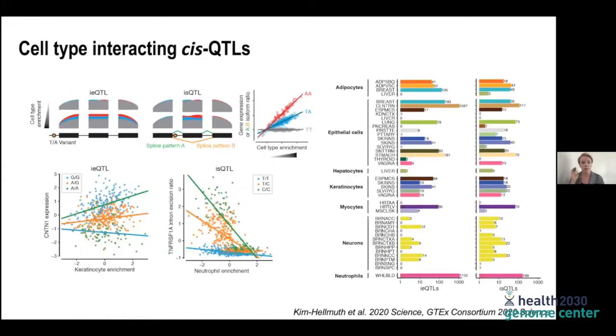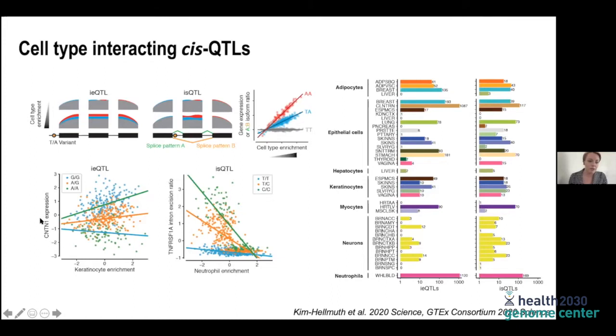In GTEx, we were able to use that cell type composition, and actually its variation across different individuals for a given tissue, to our benefit, in the sense that we were able to use it to map cell type interacting QTLs. The way this analysis works is that for any given tissue, you can do eQTL mapping and splicing QTL mapping so that you include cell type composition as an interaction term, and then you can map these kinds of situations, such as here, where